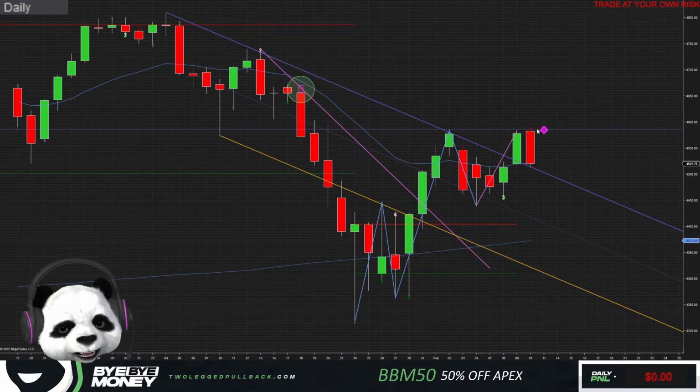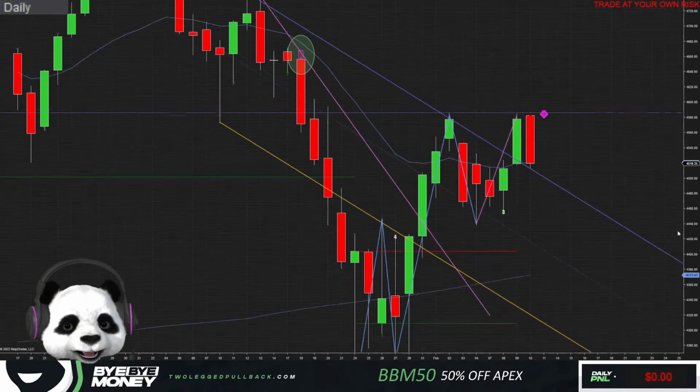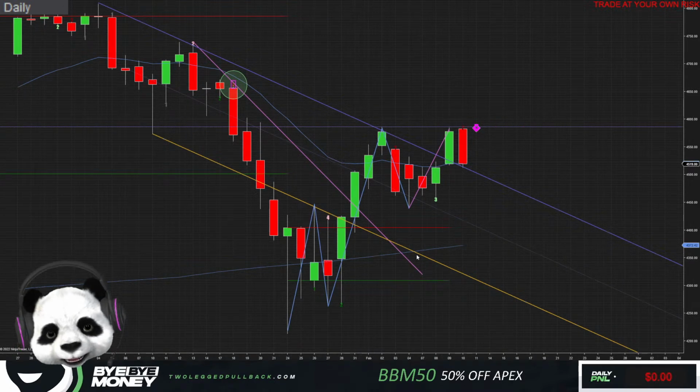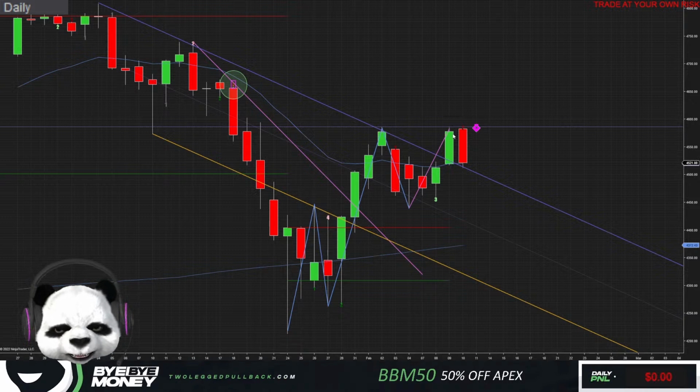And we have a lower high second entry short here, right? With this 2, you can see a 2 here showing us that's a lower high. And boy, oh boy, pandas, I said this in the two-legged pullback Discord. This looks interesting, right? Because it's a strong bull bar ending on its high. But I am still looking for a new low. I am still looking for a new low here, right?